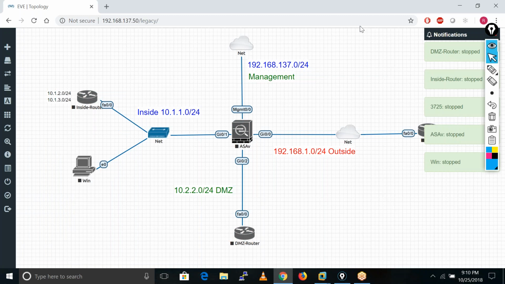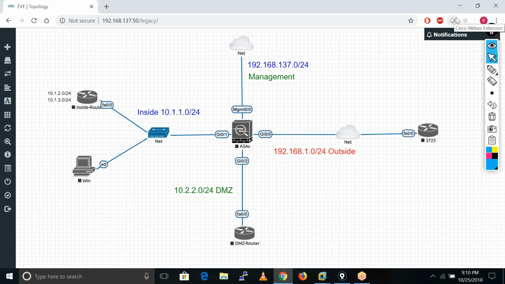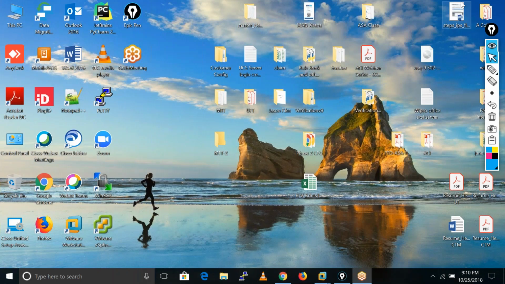So static PAT, you said from one to one, correct? No, a static NAT is one to one. What happens in static PAT? We are just patting multiple servers on one public IP on the basis of port numbers. When you configure it by yourself, you definitely get a better idea.